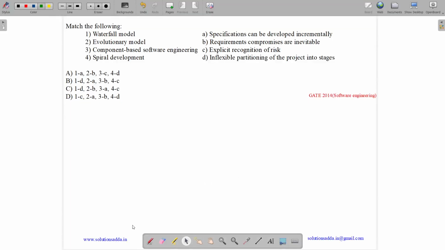This question belongs to software engineering subject and was asked in GATE CSE 2014. So the question states, match the following. So here we have waterfall model and we have the following options. Waterfall model, evolutionary model, component based software engineering, spiral development. Options are specification can be developed incrementally, requirements compromise are inevitable, explicit recognition of risks, inflexible partitioning of the project